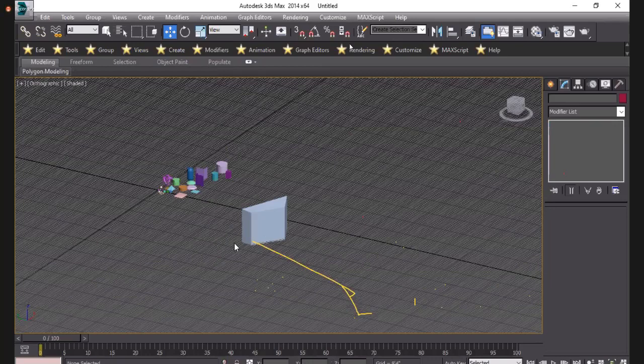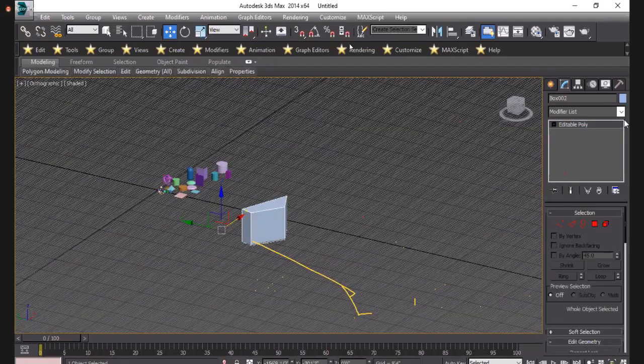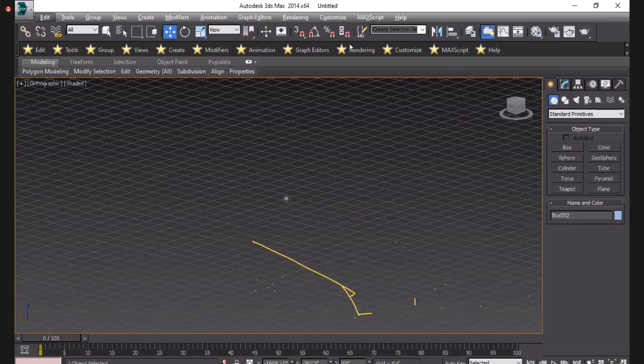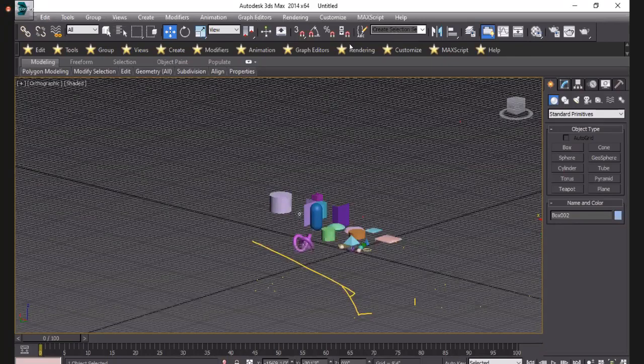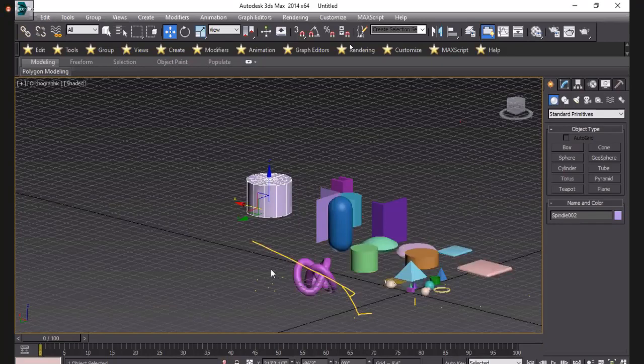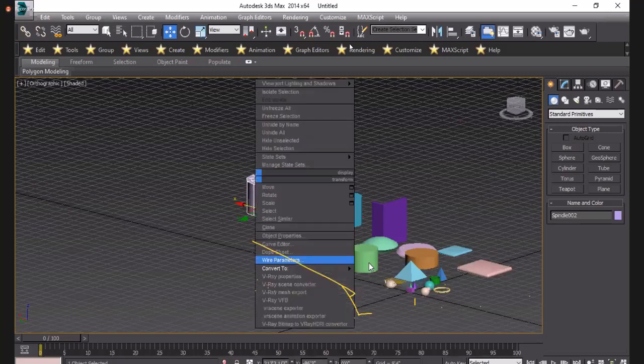Simply select it and you will see the editable changes in your modify command. So what we can do to change to editable poly: select the object, right click, convert to, and go to editable poly.